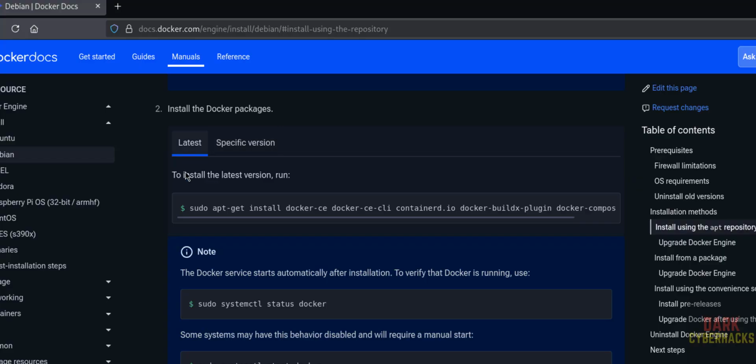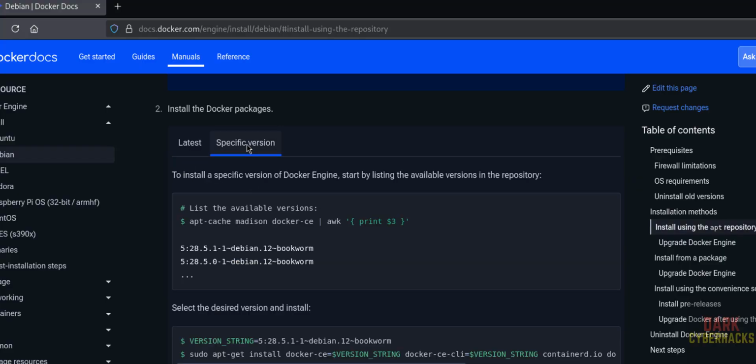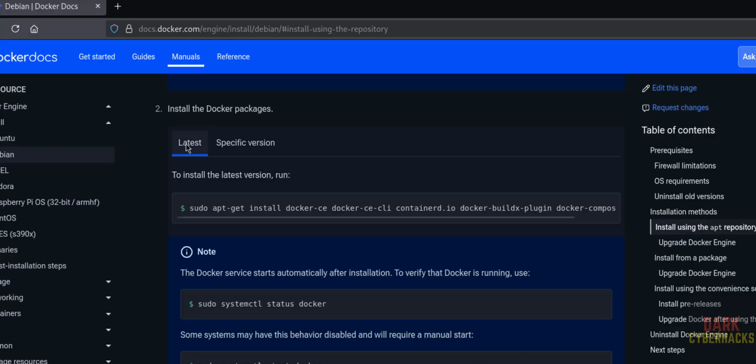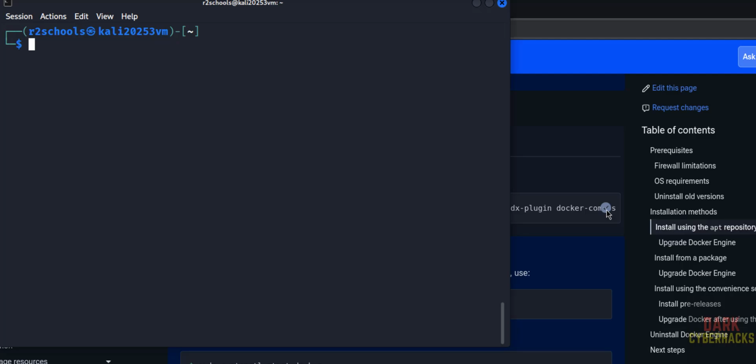See, if you want to install the latest version, you have to run this command. If you want to install a specific version, go to here. You have to run this command. I want to install the latest version, so just click on this copy button. Then go to here,